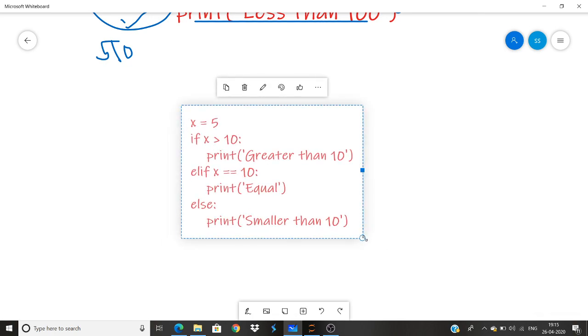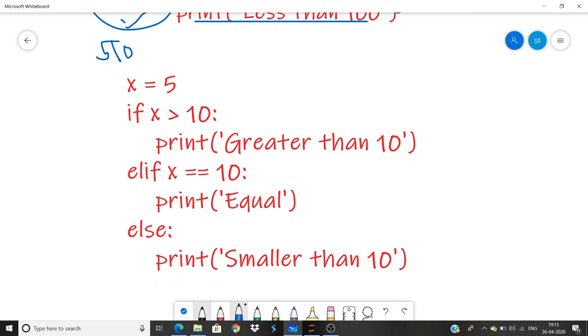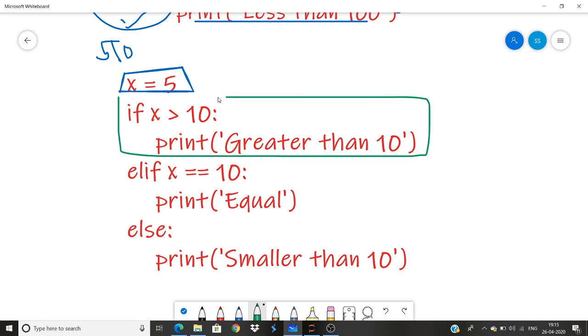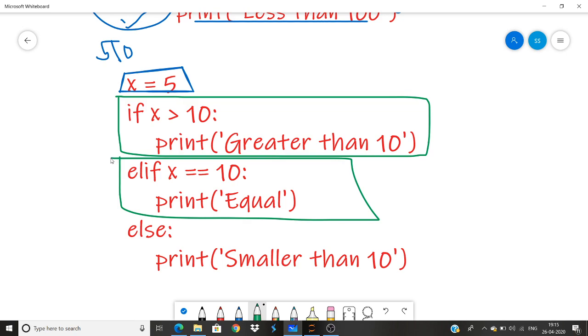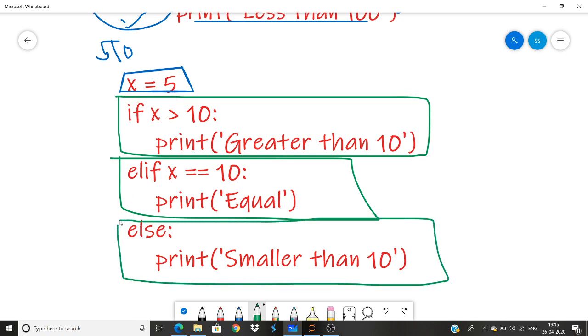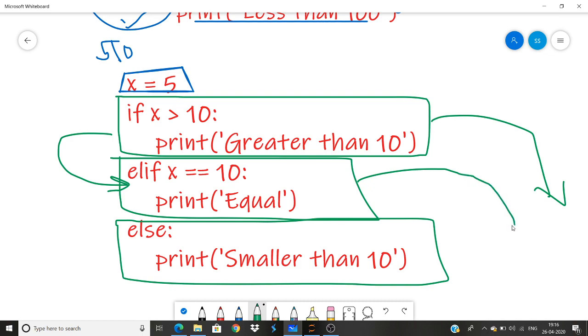and what we need to understand here is, so for example we have this, so this is the variable again. Now we will have three blocks here, this, this, and this. So we have three separate blocks here. If the first condition satisfies, then it goes directly into the output. If not, it will go back here. If this does not satisfy, if this satisfies, then it will go straight to the output. If it does not, then it will go to the else, last check, and then it will go to the output. So we see that we've used three blocks.